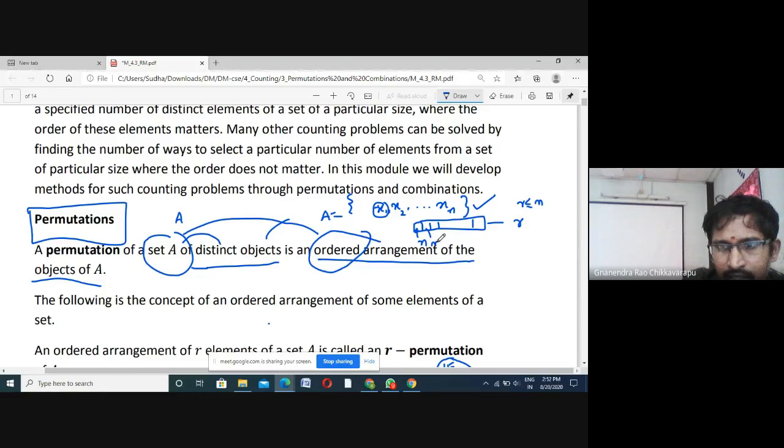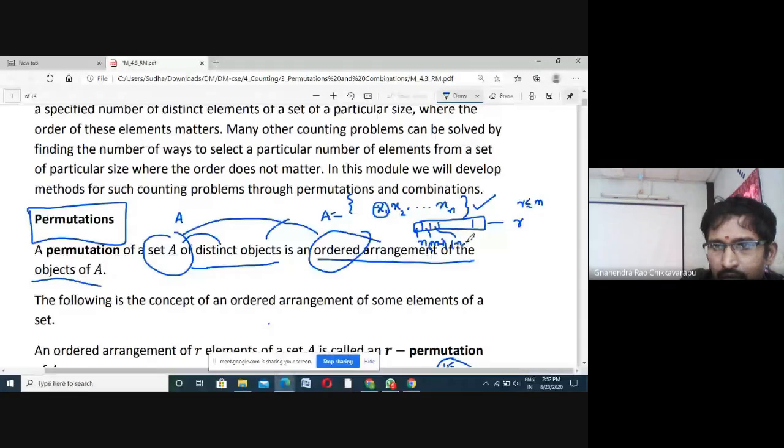After allocating one element for the first box, only n minus one elements are left. So the second box can be any one of the remaining n minus one elements of the set. After filling the first two boxes, we have n minus 2 elements in hand. So the third position can be occupied by any one of the n minus 2 elements.